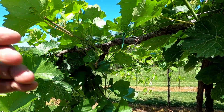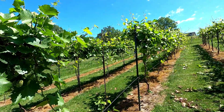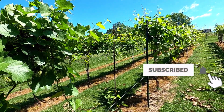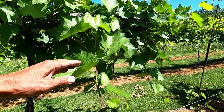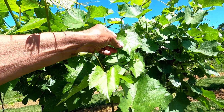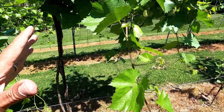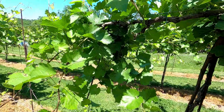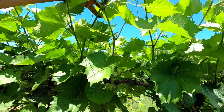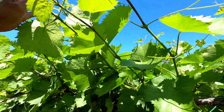I sprayed in between. The last spray was mancozeb and mycobutanol, which is systemic. And there are absolutely no signs of disease in the vineyard, which is great. Cross your fingers. So what I'm doing is taking any shoots that are going over the top